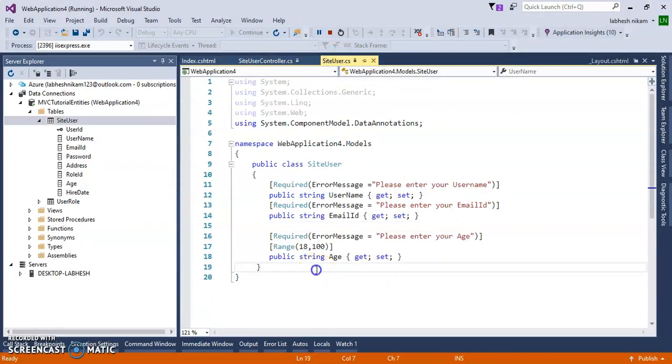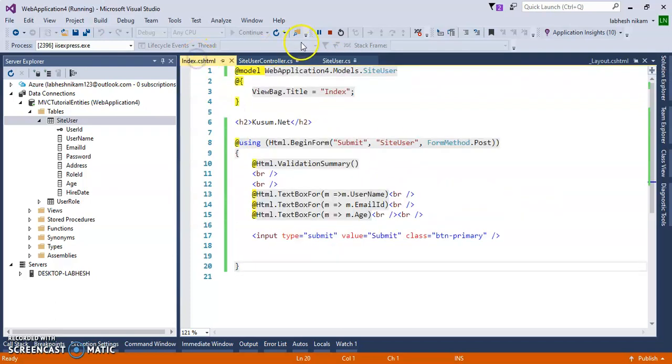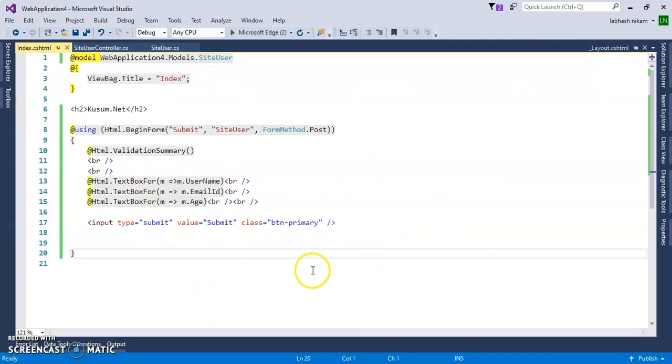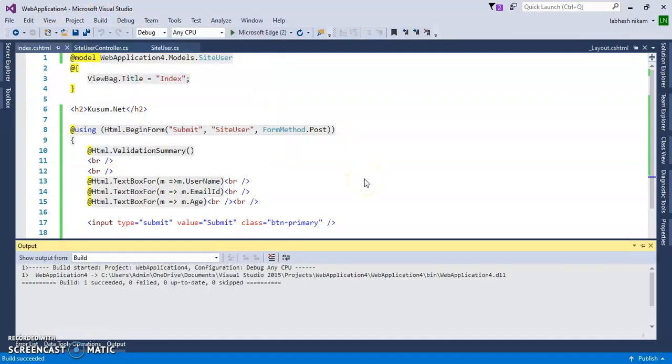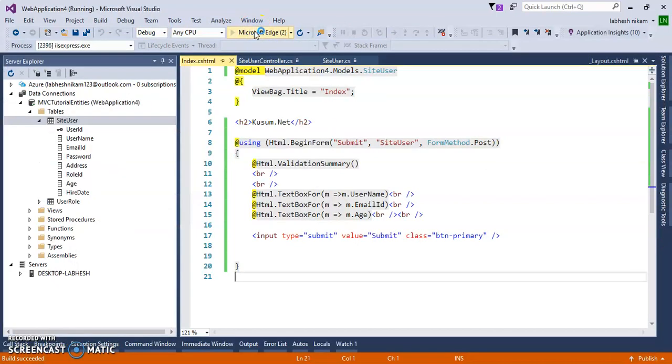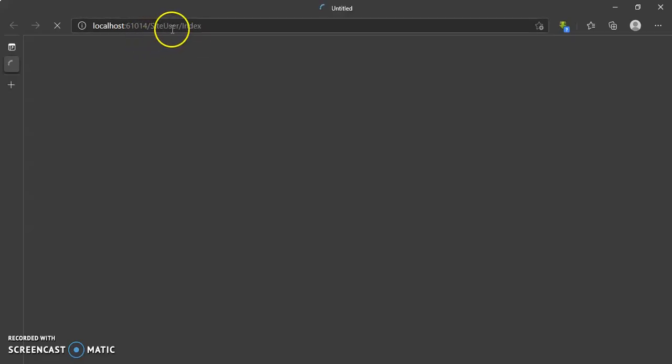This SiteUser has the username field and has the Required attribute, and the index page has this username. All these things are okay. Let's check again, build the solution. Let's run the program, and the SiteUser index page will run.